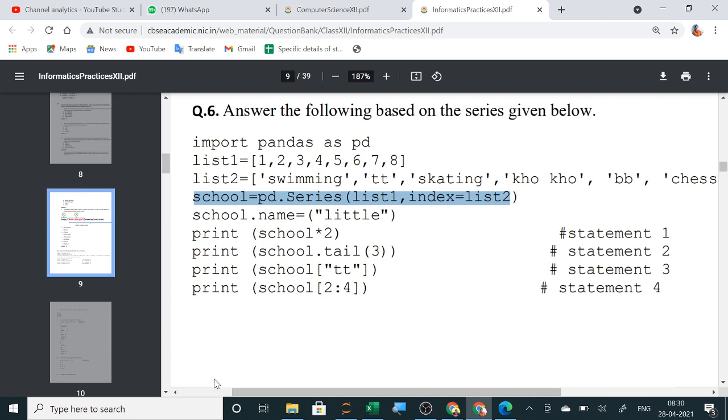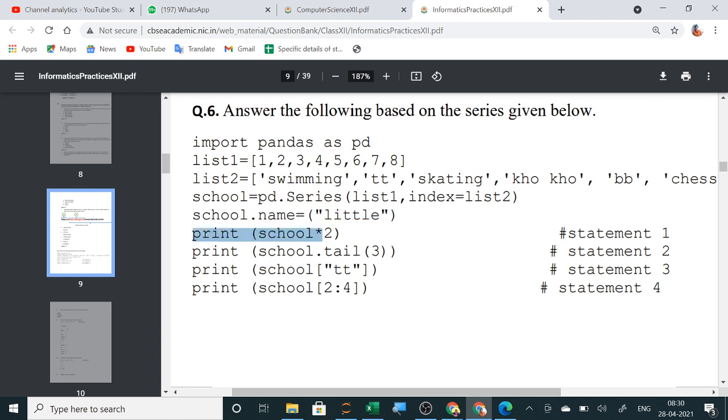So the first column will be your list 2, swimming, TT, etc., and the second column will be the data 1 2 3 4. Now the name of the series school I have given as little. Don't say that it is changed to little. A new name is being given as little. It will be displayed at the bottom. The name of the series school is little.